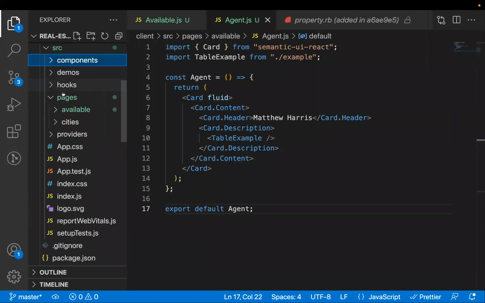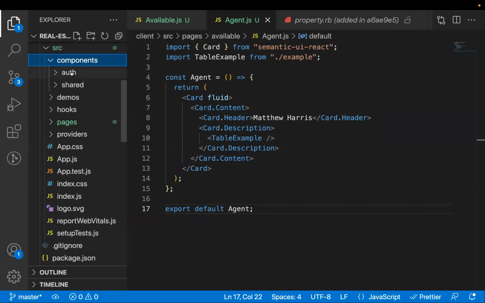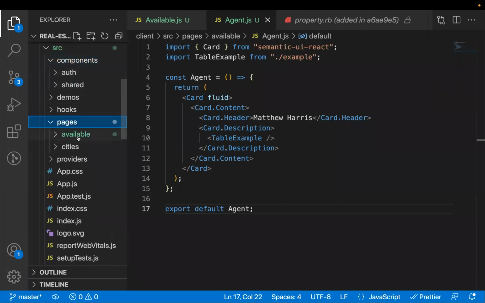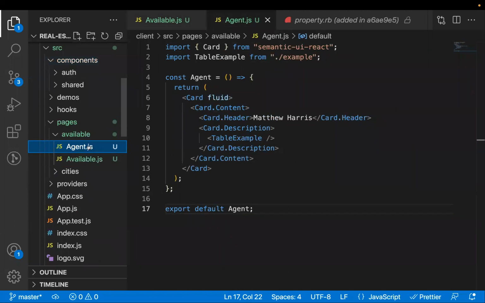So just to review our folder structure, we have this source folder, components. These might be things we share across. And then I'm going to do this pages one where we can throw our specific page features. So then we'll have available, which can have the index here, and then this agent